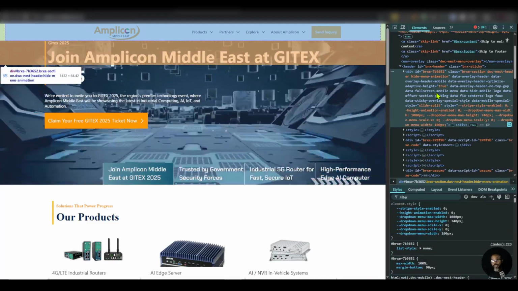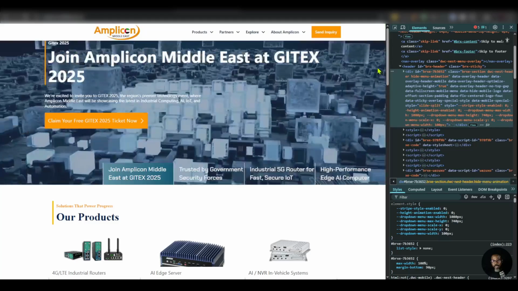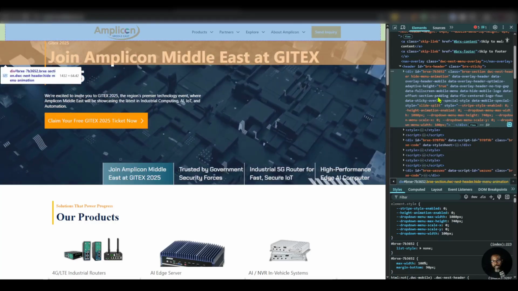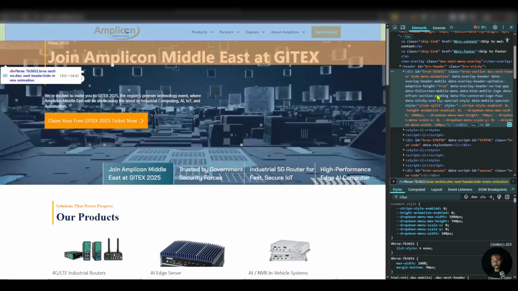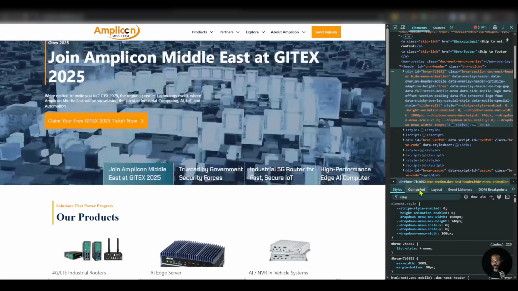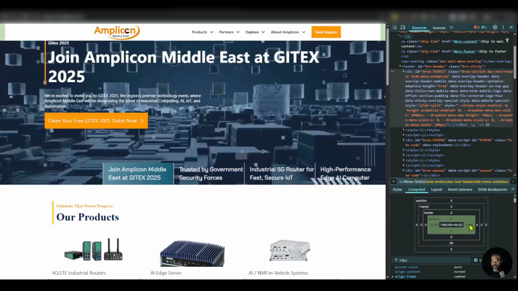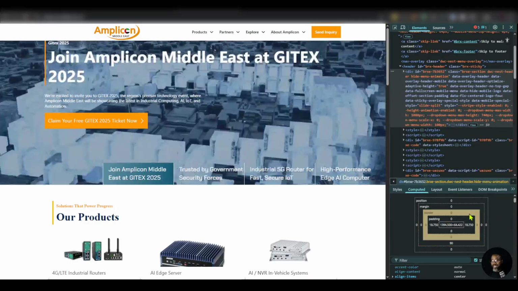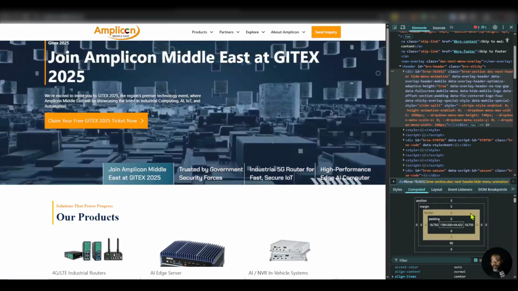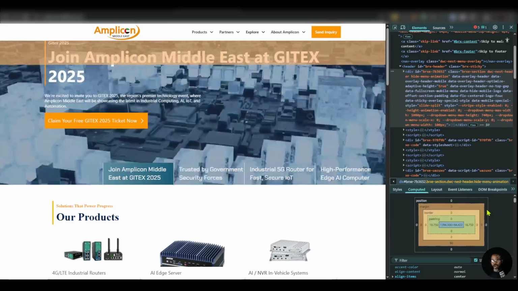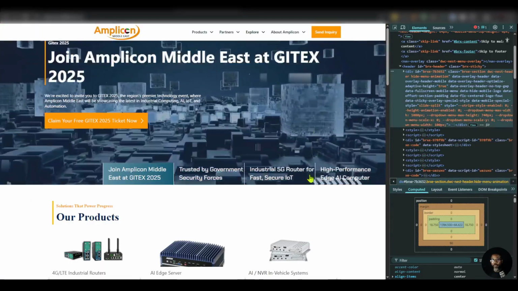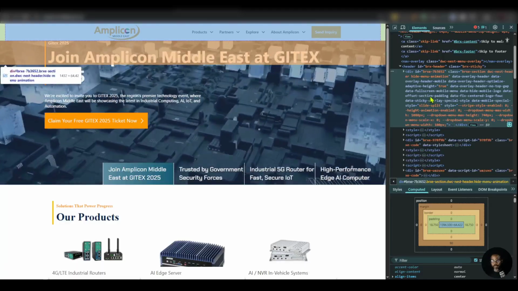And I notice the yellow color here is a margin. So without going in, I can already tell that it's a margin. If you look at the computed value, you see they are color coded. The green is padding. The very light color here, don't know what to call it, is border. Then the margin is the orange. So I can see that he's trying to push down the content with a margin,